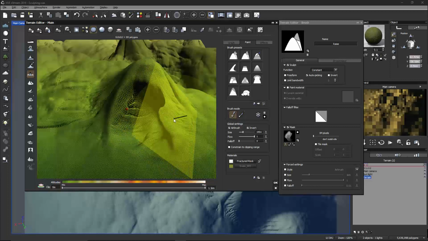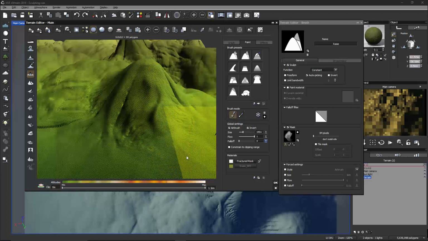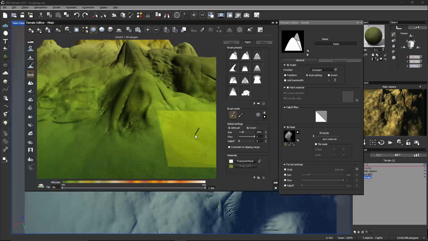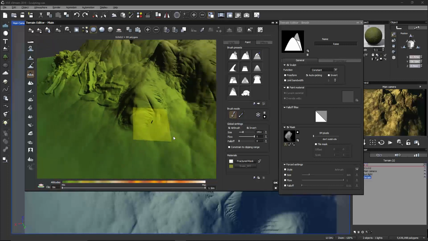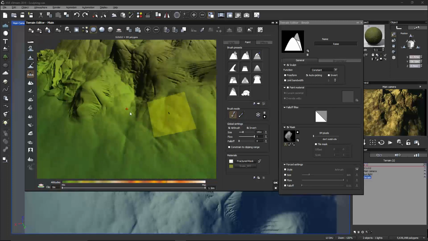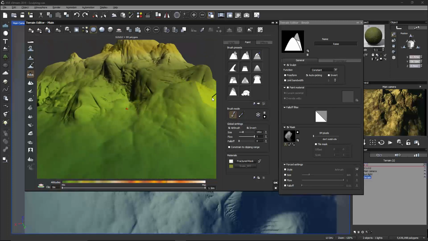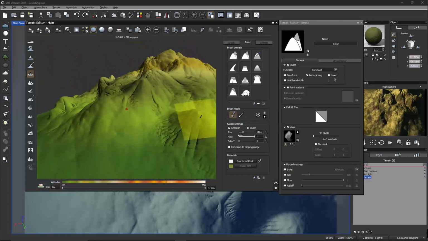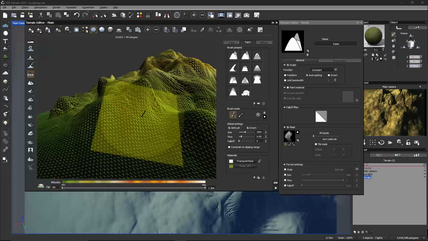Not really sure why, but Vue likes to invert the images when you use the brush. Probably has something to do with the way it is trying to match the way it handles alphas, where those are backward as well. So I'm just going to increase the size, decrease the flow, and